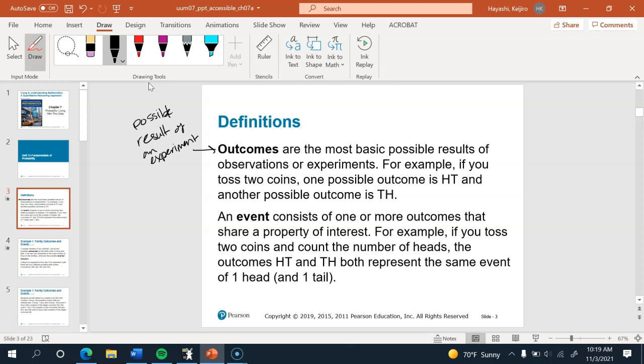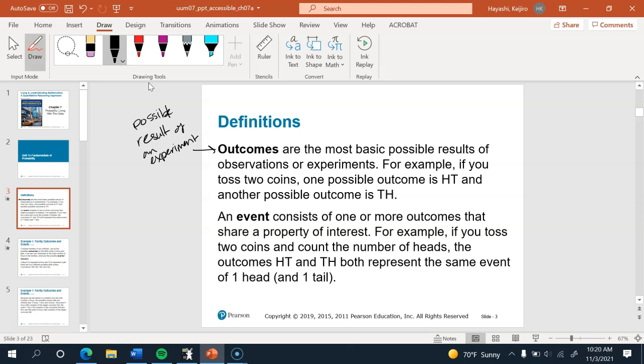So for example, rolling a single die is an experiment because you can roll the same die over and over and over, and it comes up a different way each time. Or if you toss a coin, you can toss the same coin over and over, and it can come up one of two ways. It can come up heads, or it can come up tails. You can extend this to flipping two coins at once, or rolling three dice at once. And an outcome would just be what happens when you roll it.